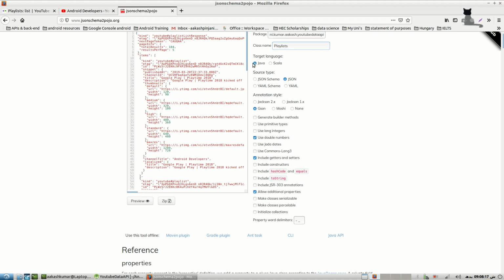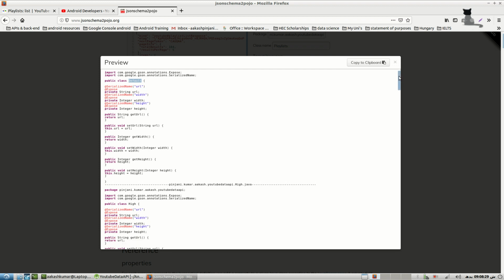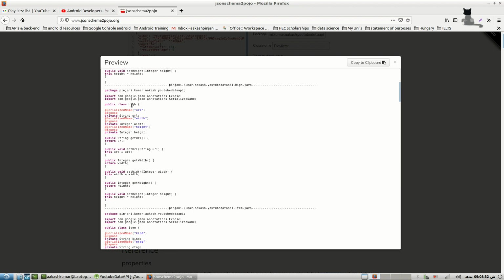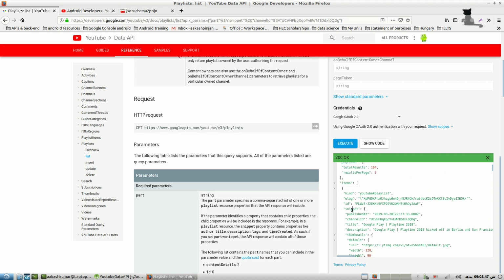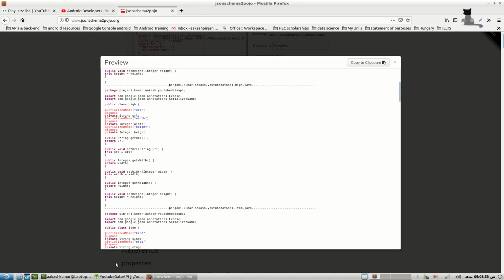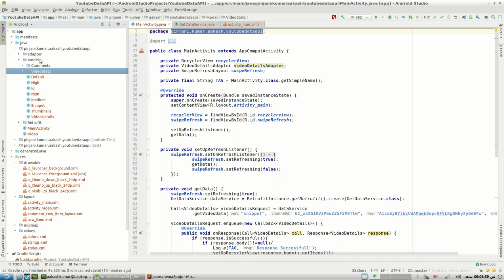You're going to have to make sure the options are selected correctly. So you have to press preview, and when you press preview you're going to get a bunch of classes that are for Retrofit. Retrofit actually uses these classes along with the annotations to parse the JSON so that it knows which JSON object we are referring to later on in our code, as we will see later. So we're going to head over to our Android Studio, and inside the model package you're going to